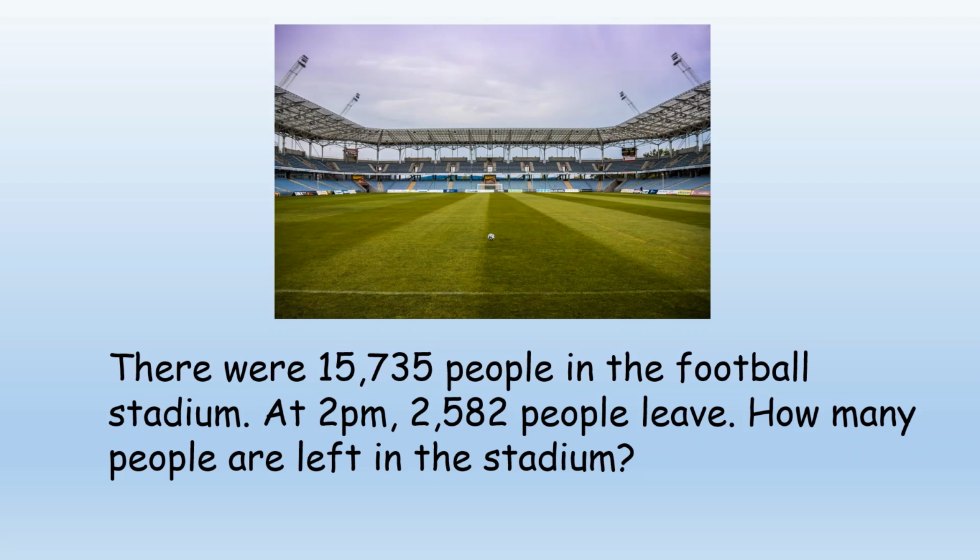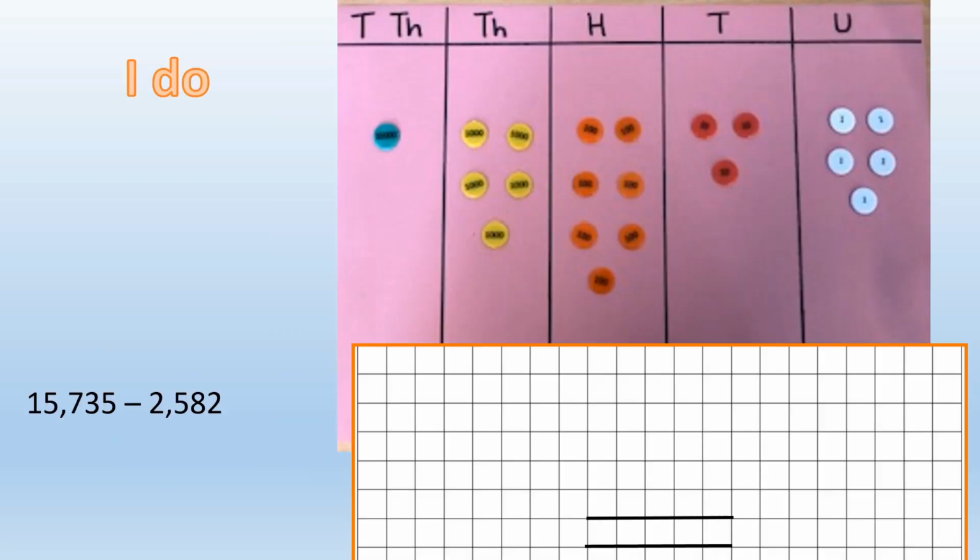There were 15,735 people in the football stadium. At 2 p.m, 2,582 people leave. How many people are left in the stadium? So I've represented that problem using a number sentence, 15,735 take away 2,582. And I'm going to show you how I would go about solving that using the column